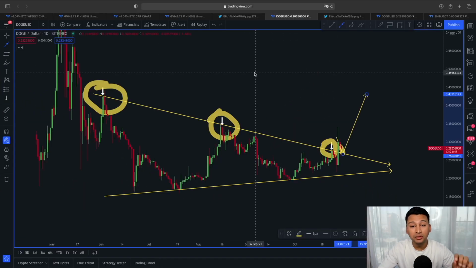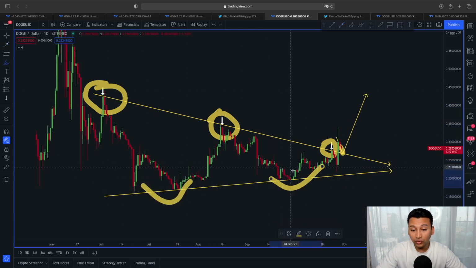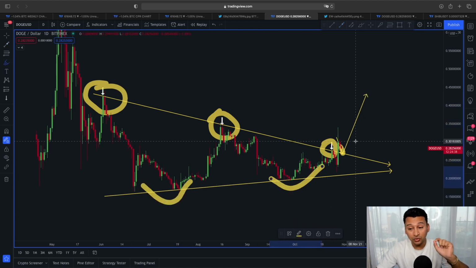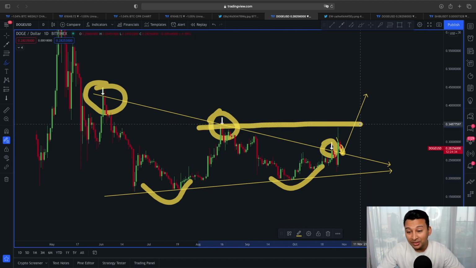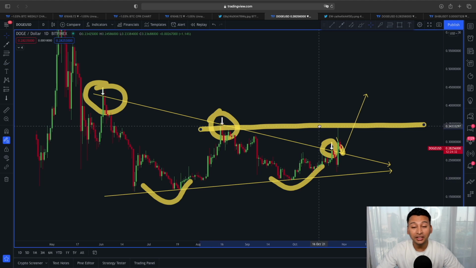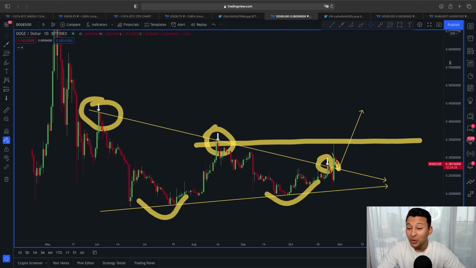So that's why the previous example I showed you with this double bottom or even this 1, 2, 3 reversal could be indicating the trend of Dogecoin could continue as soon as we break out of this neckline area that is lying around 32 to 33 cent. So this is what I wanted to show you regarding Dogecoin.